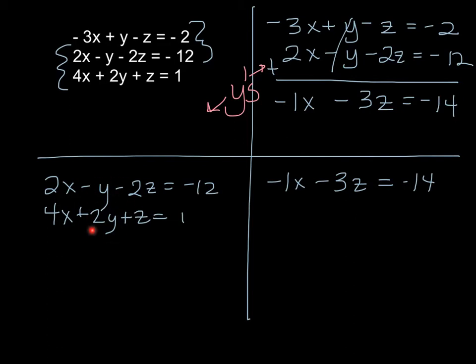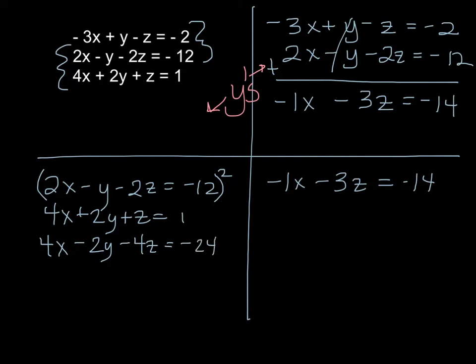Now to cancel the y's from down here, I'm going to have to multiply by a 2 on the top. I've got a positive 2 in the bottom. I need a negative 2 in the top. So what I'm going to do is actually multiply this entire top equation by a positive 2. And I'm just going to carry it and write it underneath this first equation. So if I multiply it by 2 there, by 2 there, by 2 there, and by 2 there, I get